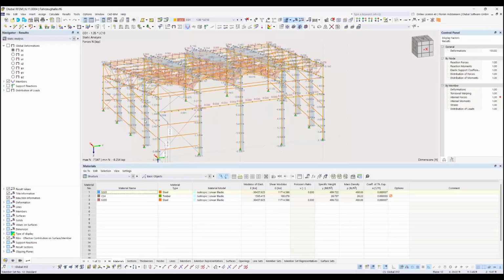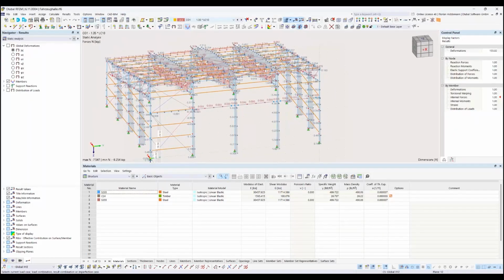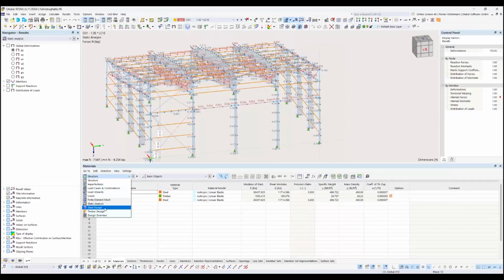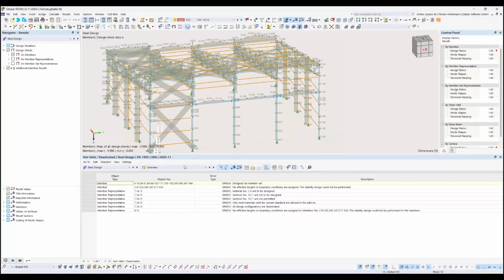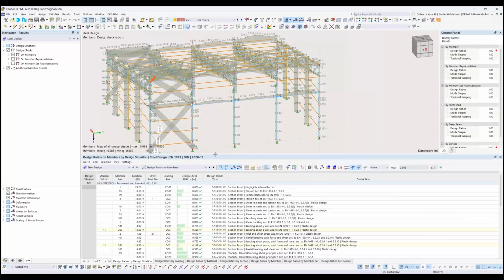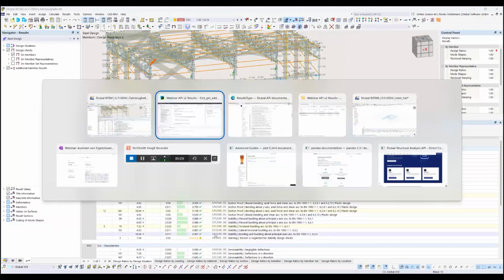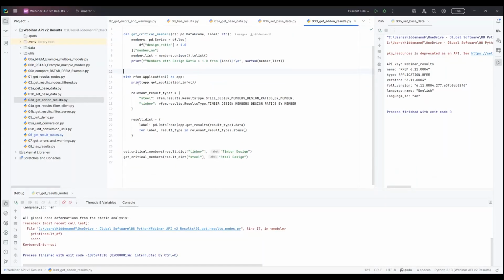So the model just loads up in the background. Perfect. And I pre-calculated it with some results from the steel design. So here are some errors and warnings, but we have also gathered results and can see here we've done some checks, and I want to access these now. So what do I do? In the app with the client,